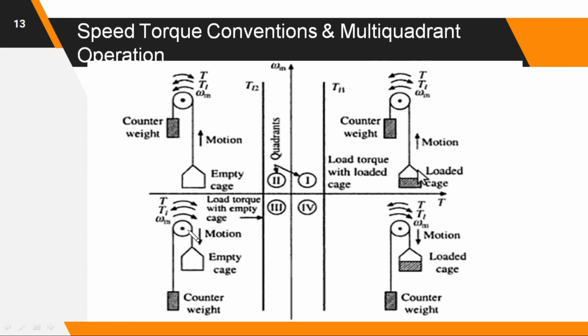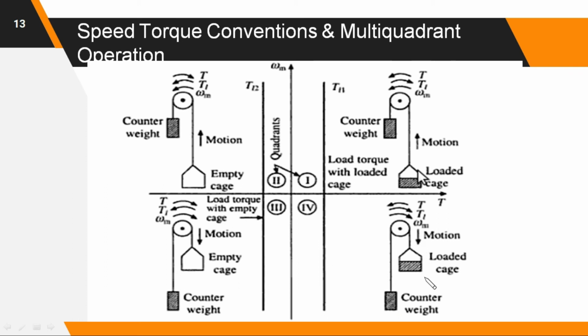So again here this T and omega m both are in the same direction, therefore this is a reverse motoring quadrant. And similarly for a fourth quadrant operation, what we can see is that the loaded cage's weight is more than the counterweight, therefore